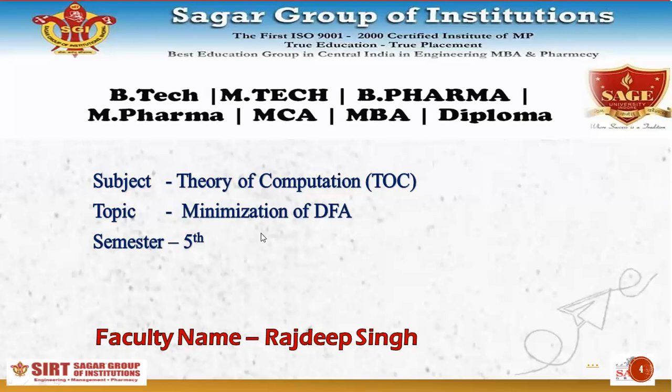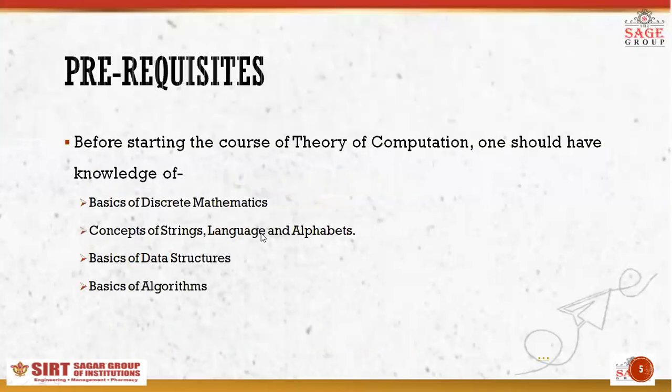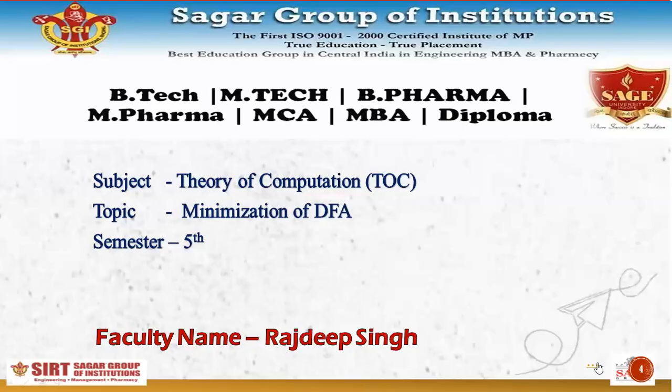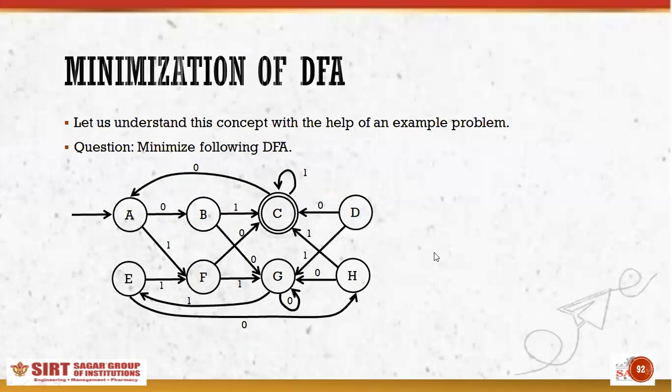So let us start with an assumption that whatever machine I have made is a DFA. I am not going to explain the topic of conversion of NFA to DFA again. I am assuming that the machine I got was an NFA and I have converted it into a DFA, because this minimization method can only be applied to a DFA. I will try to explain this method by taking an example.